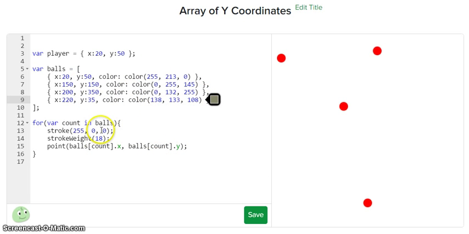So to access the color value, I will just use this balls count dot in here, where I'm setting the stroke dot color. There, and now each has their own independent color. So that is a very convenient way if you're dealing with like 50 enemies or obstacles or tiles or whatever on a screen, that all have different X and Y or whatever variables associated with them, to keep them all kind of organized as JSON objects, and then you access them, using the